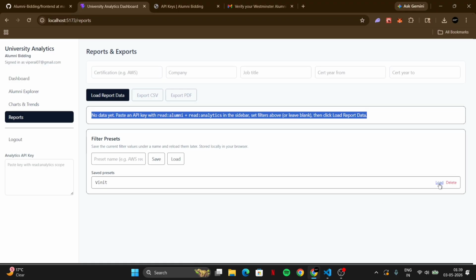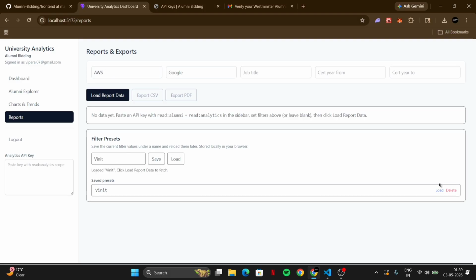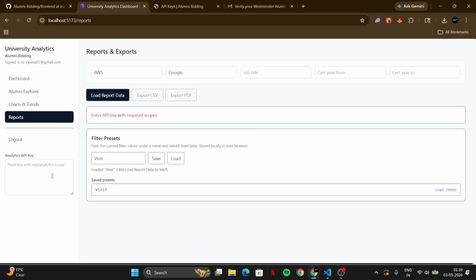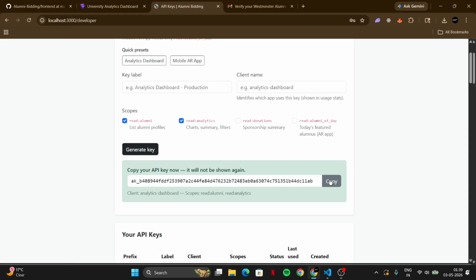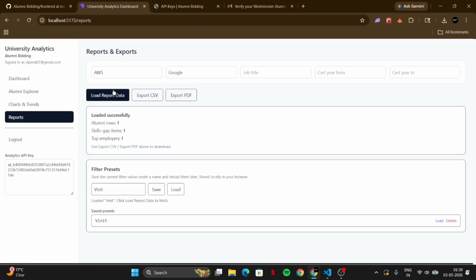If you click on load here, it will automatically fill the certification with AWS and company with Google, because I have saved my own custom preset. If I click on load, AWS and Google are filled, and I click on load data. But because I refreshed, the API key has vanished. Click enter. You will see loaded successfully, alumni rows 1, skill gap 1, and top employers 1, because it is